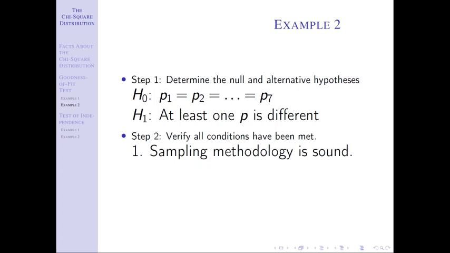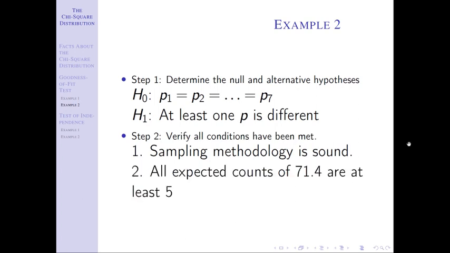Well, if all of the probabilities are the same and everything's equally likely, it's just 1 over k, right? If I have 4 categories and everything's equally likely, my probability is 1 out of 4. If I have 6 categories, like rolling a 6-sided die, and I think that it's a fair die, then landing on each one is 1 out of 6, right? So in this case, I have 7 days of the week. I think they're all equally likely, so my probability for each category is 1 out of 7. 1 out of 7 times 500 means my expected count for each group is 71.4.